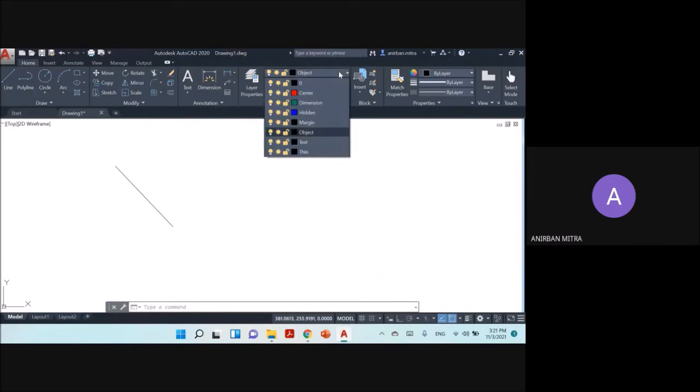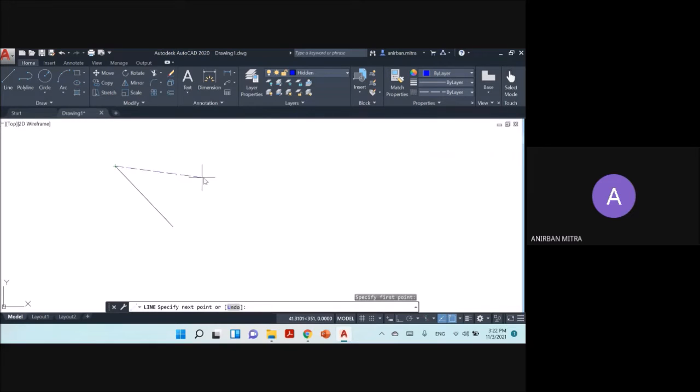You can also change the current layer from here. I can just click on the drop down menu, make it hidden, and then draw another line. And you can see now that the line type and the color has already changed. This is obviously in hidden layer.